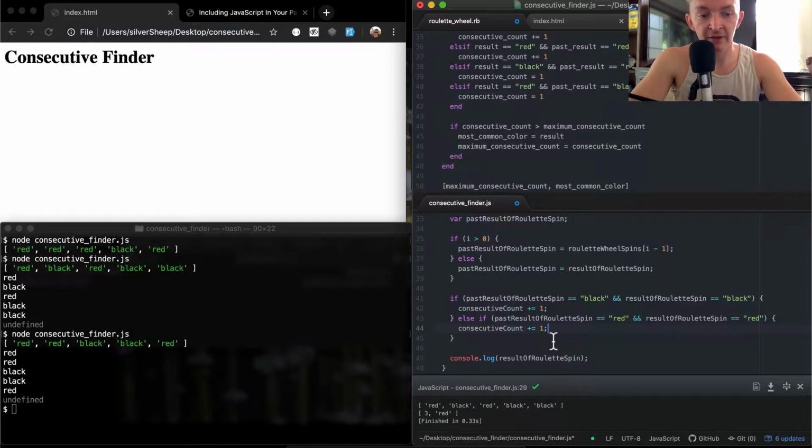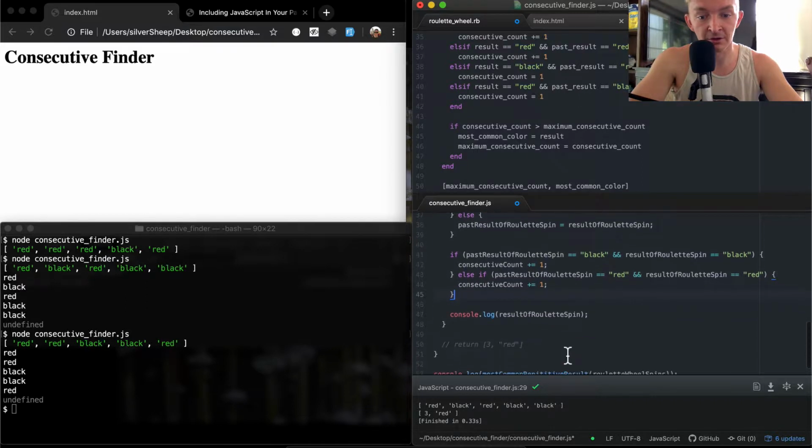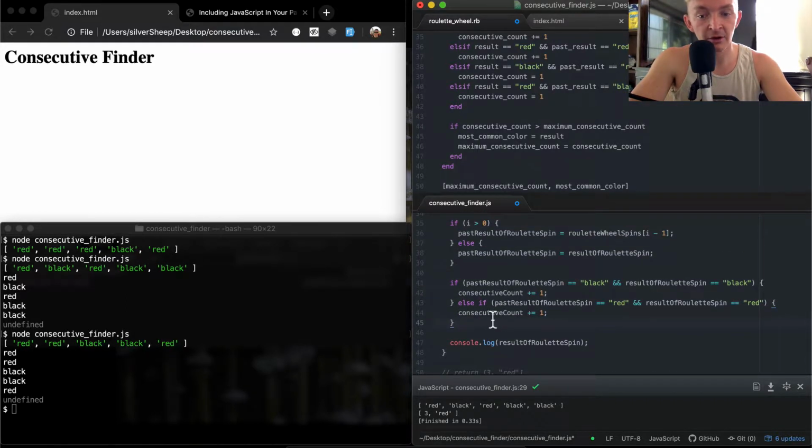Now this handles it. This would give us a result based on our counter counting the red and black continuously, but at the same time, it doesn't ever